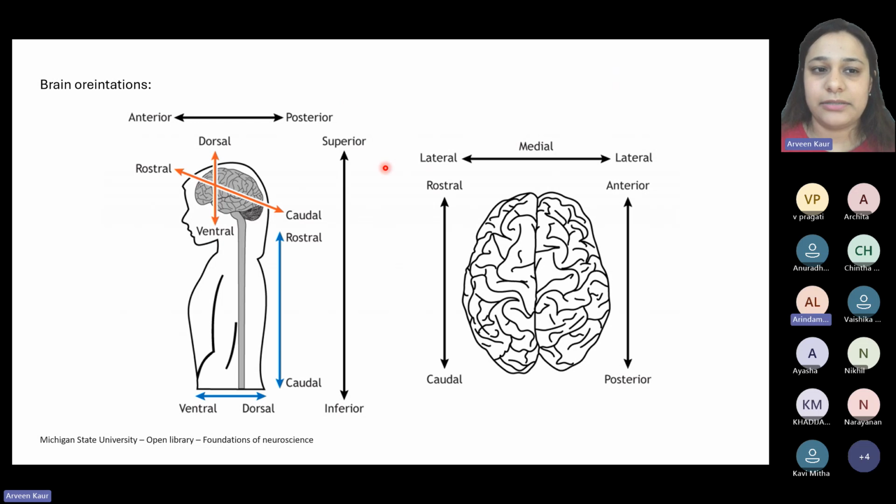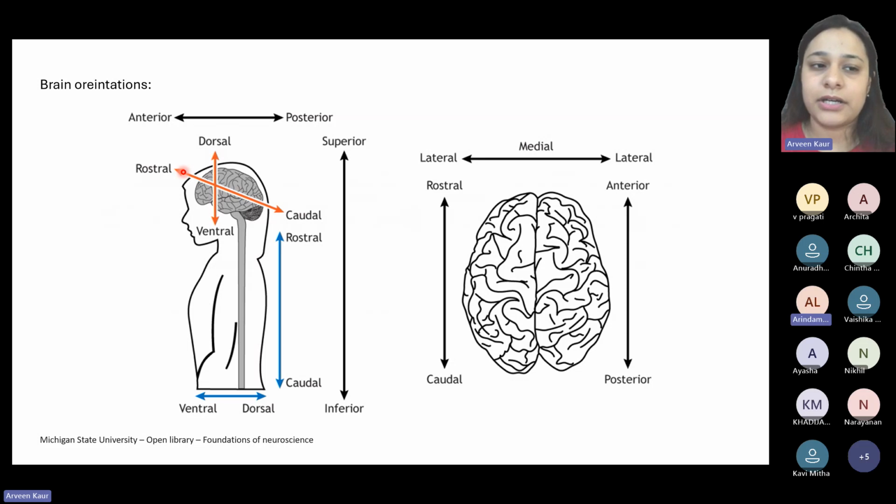So when I said we'll start with the brain orientations module, we'll not go through the entire lecture as such. What we'll go through is the gist of that lecture, right? For example, in this particular slide, most of the things we can understand have already been taught to you, so we'll just brush it up, right? So, when we talk about brain orientations, why are we discussing this subject at all? So that we can refer to different regions of the brain, and so that when I am referring to it, you can understand it, right?